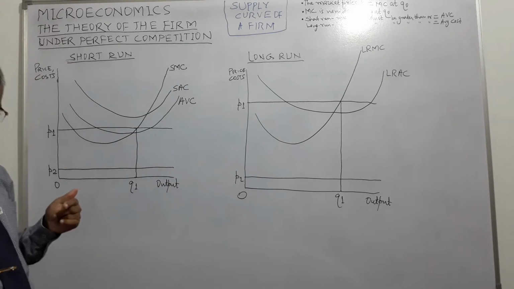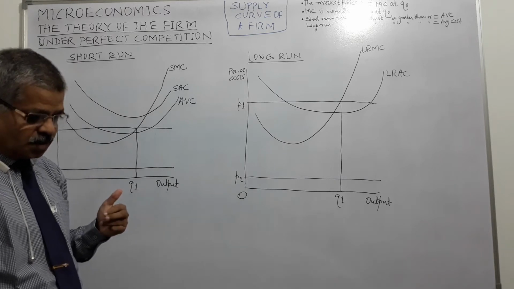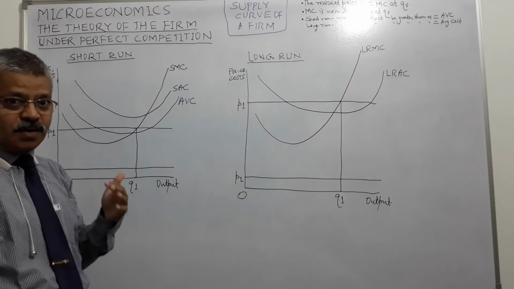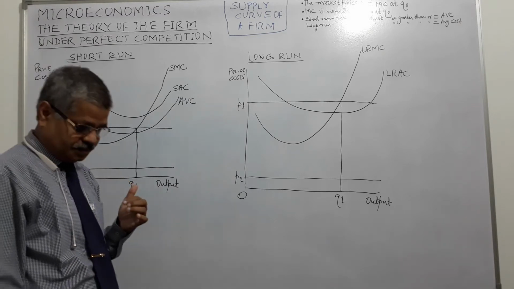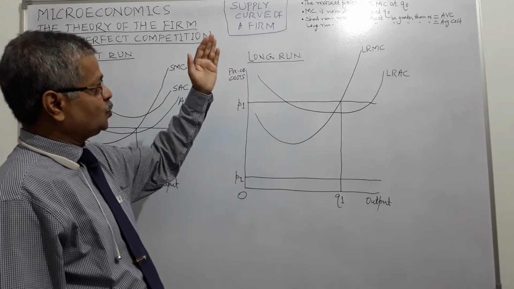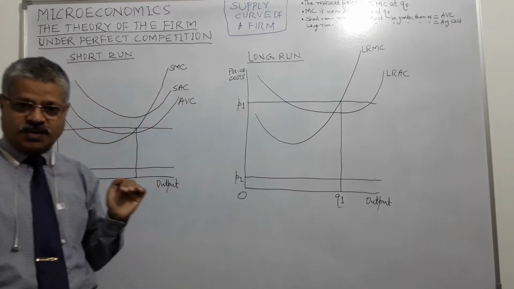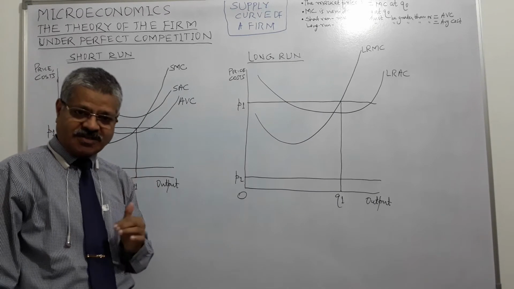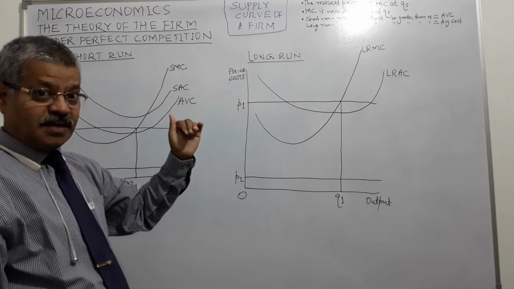So we know that in a perfectly competitive market, in order to have the output level where a firm maximizes its profits, three conditions need to be met. First condition is the market price P should be equal to marginal cost at Q0. Q0 is the output level decided by the firm for the purpose of profit maximization.